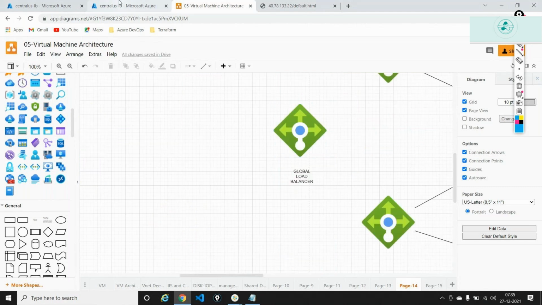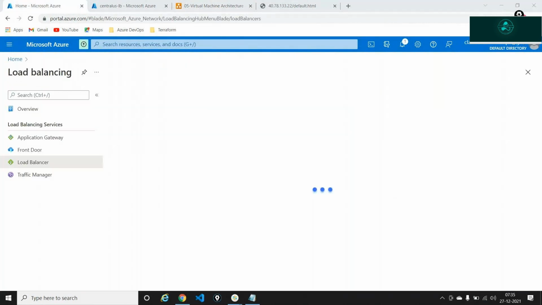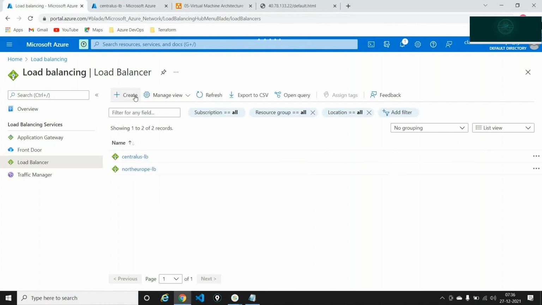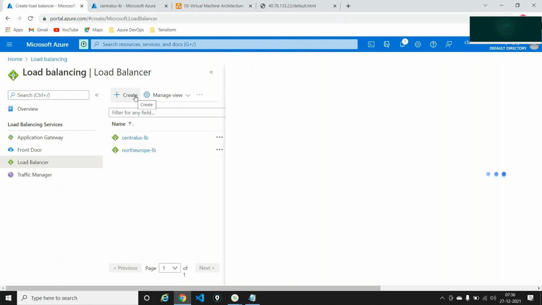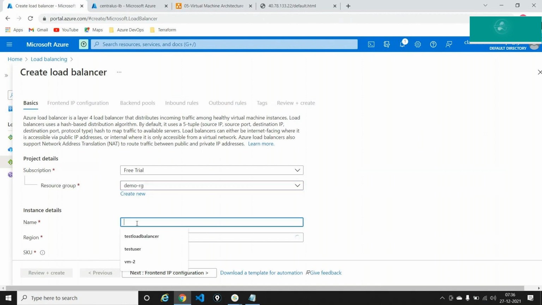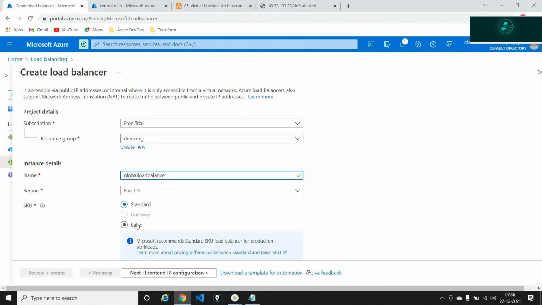So how do I configure this? It's the same, go to the load balancer. It's literally the same configuration. But this time when I say create, I'll call this, let's say, global. And this is important. It's now asking me what is the region in which you want to configure this global load balancer. I'll have to be very careful in selecting this, the reason being,